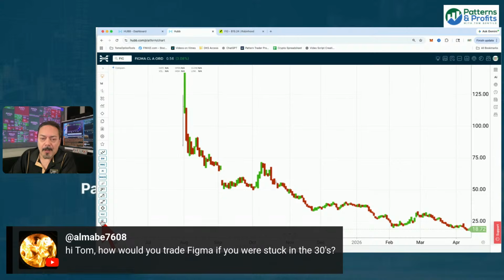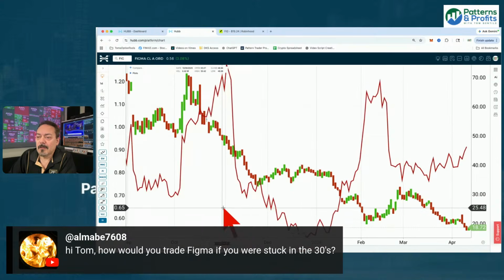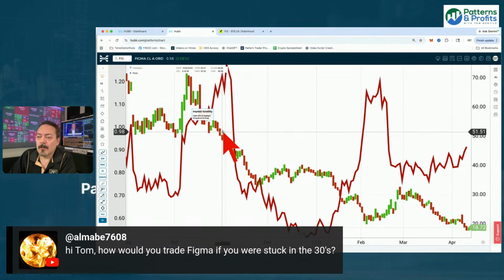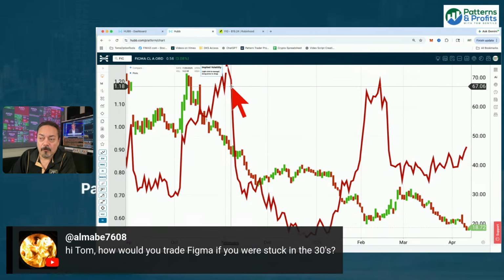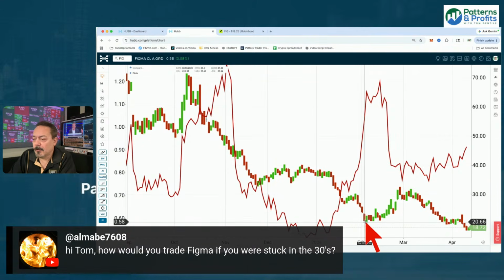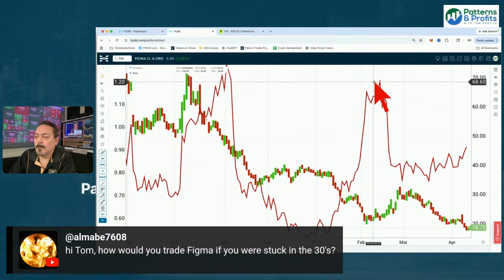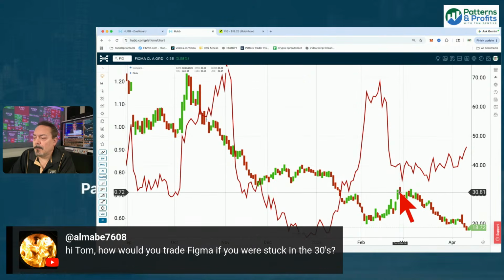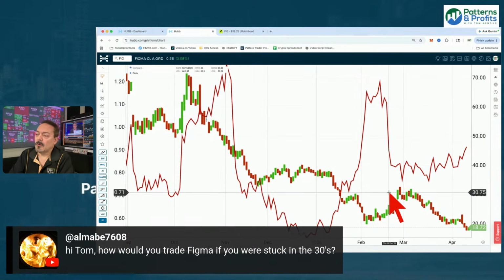This is what I want to do. I want to put on the IV. I want you to see the implied volatility. This is what the option traders are looking at. The option implied volatilities went up to around the 120 area, right here in November. That was probably close to an earnings report because it dived after that. Same thing happened here. The stock dropped to new lows, down near 20, and the implied volatility spiked back up to near highs. Then Figma jumped up a bit, above 30, and then the stock price dropped again. Look, the IVs are on the run again, all right?